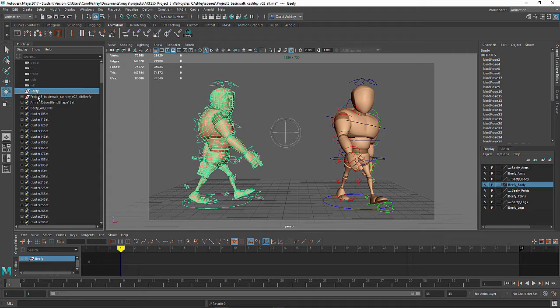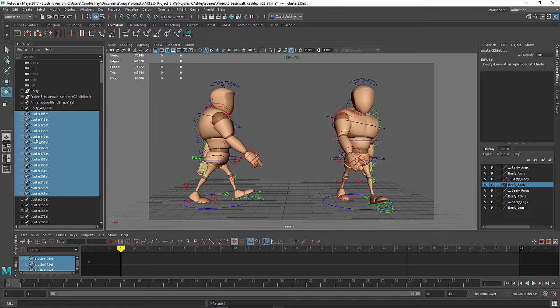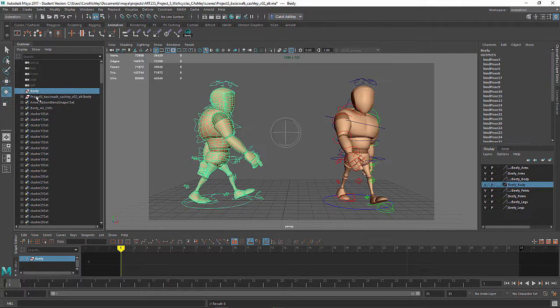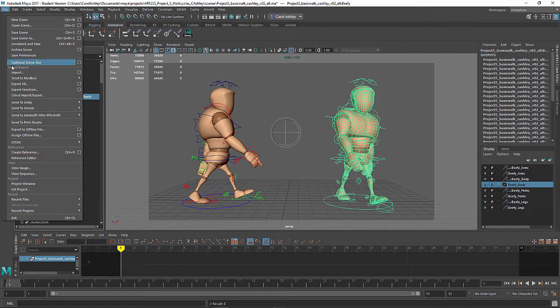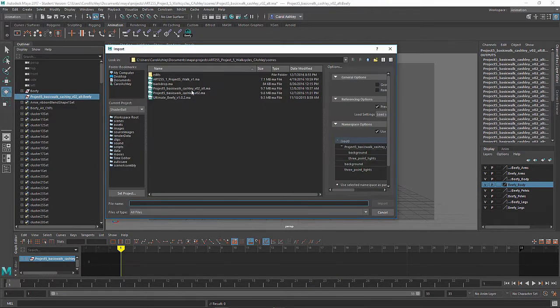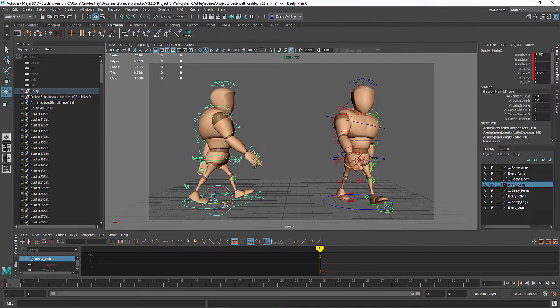So here's the original one. This is the imported one. I just imported a whole entire scene instead of duplicating the character because it has too many things like the skin clusters that are attached to it. So it was a little easier for me to just do save as, come under File, Import, and then I went there and grabbed this and just imported that saved scene file, brought it in, separated the two, and on